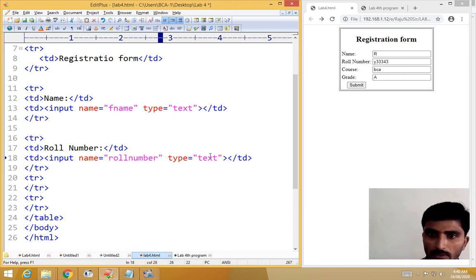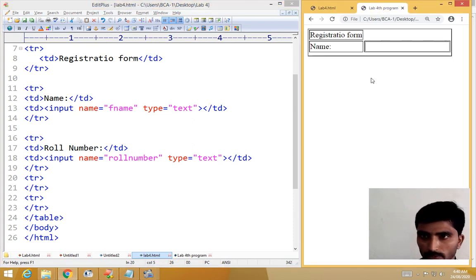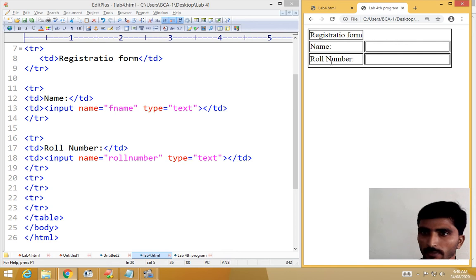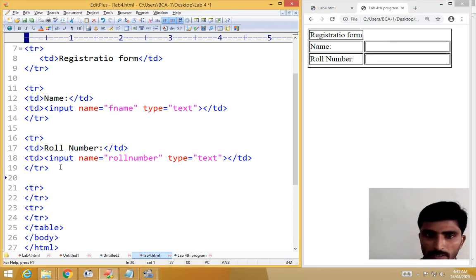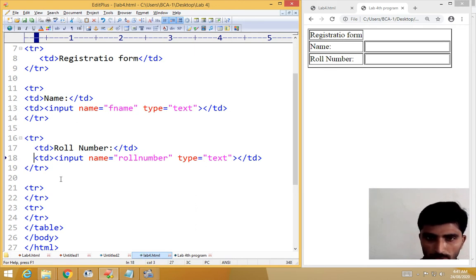Here also you are giving the text. Then again execute it. See, now roll number is created, the second text box is created. Now after this the second row is completed. Two columns. See, now this is the third row.